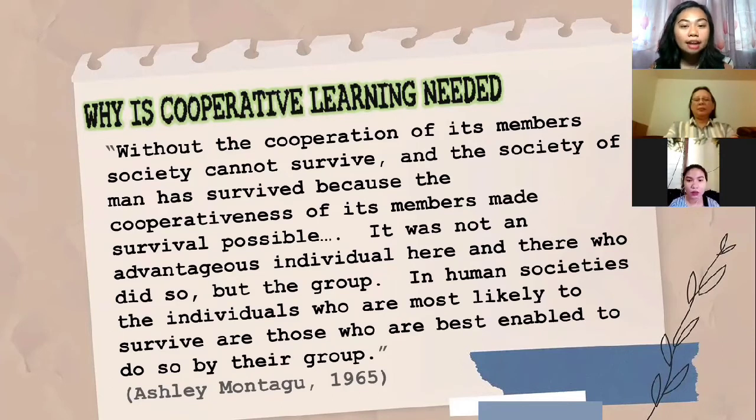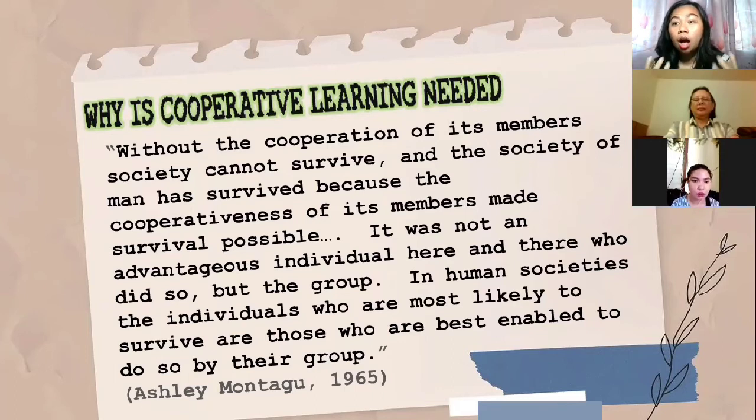It was not an advantageous individual here and there who did so, but the group, the whole group. In human societies, the individuals who are most likely to survive are those who are best enabled to do so by their group. So it is up to the members to help one another to survive